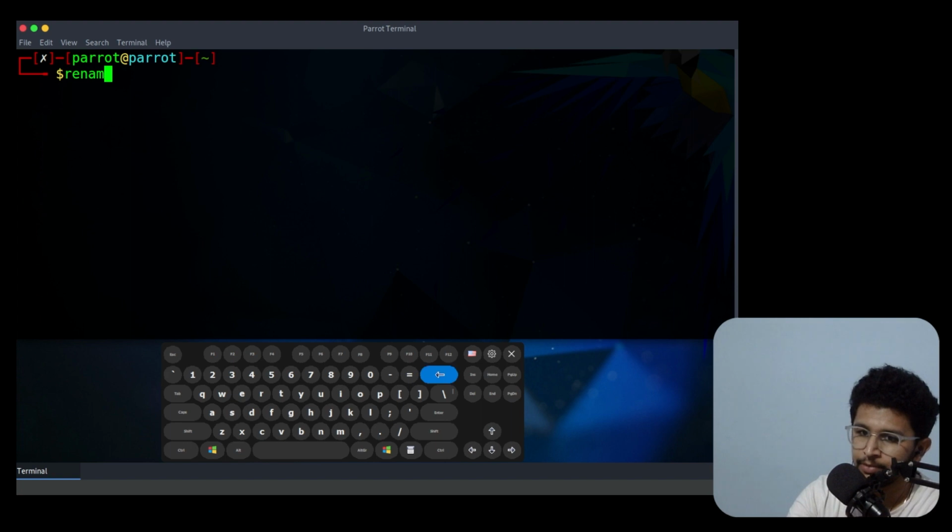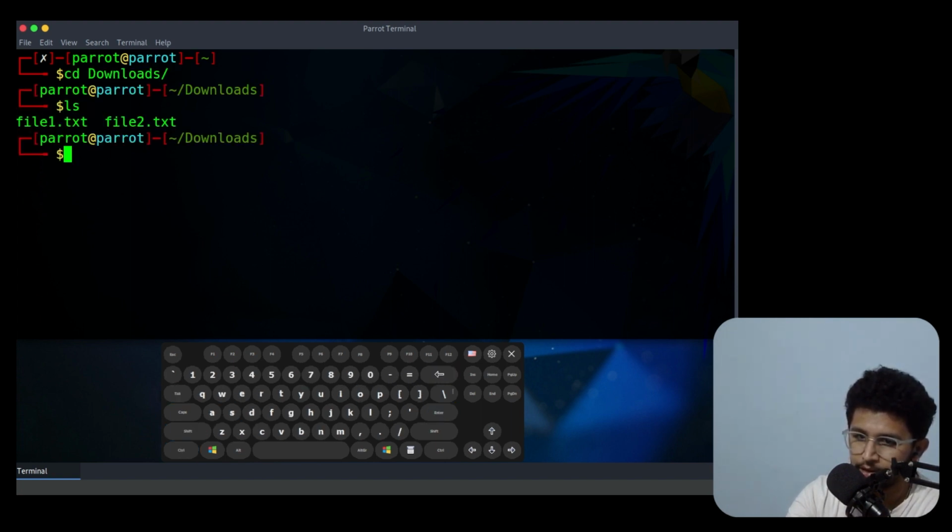Let me give an example. Let me go inside some directories. Okay, now there are two files. Now I need to change this file's extension to another extension using rename -v, and then I need to specify s